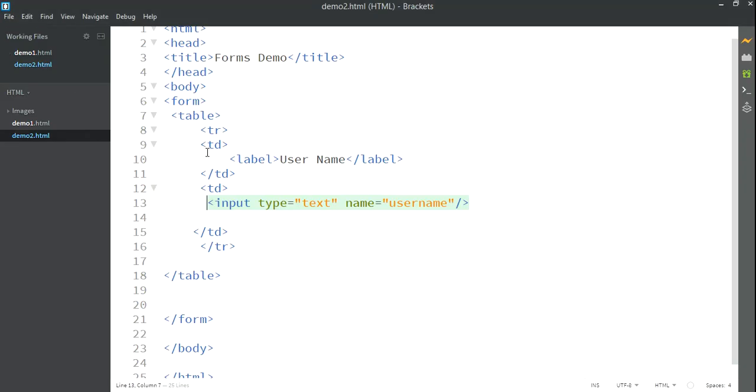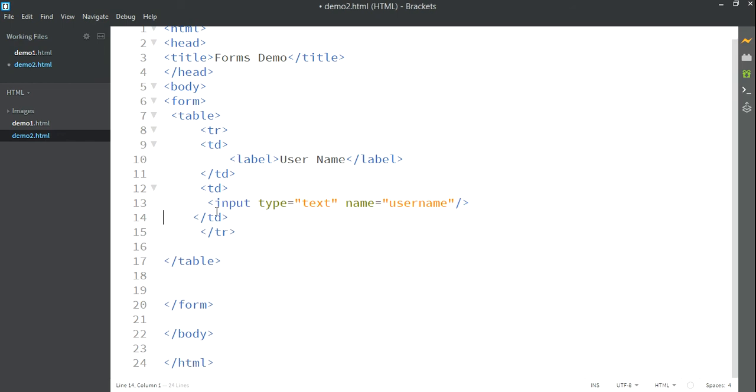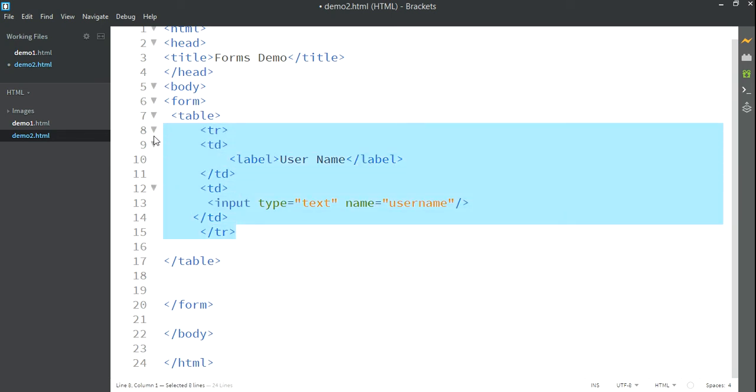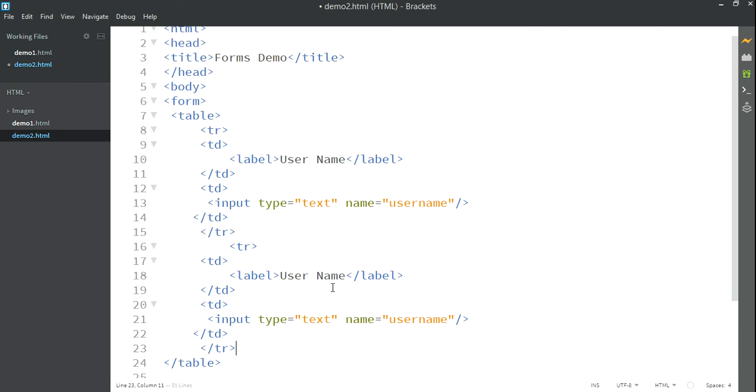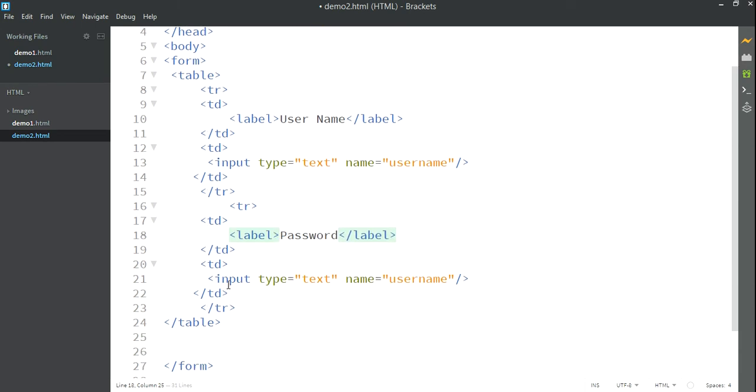Similarly I want to repeat for another field. So I will simply copy the row tr and paste it below. Next I want to accept a password, so I will change the label here to password. In the input type we just need to change text to password, and I will change the name as well to pass.